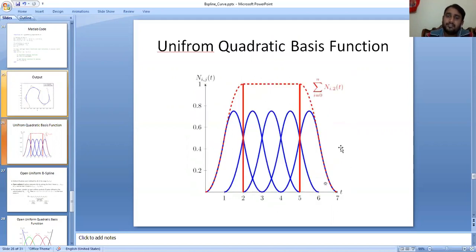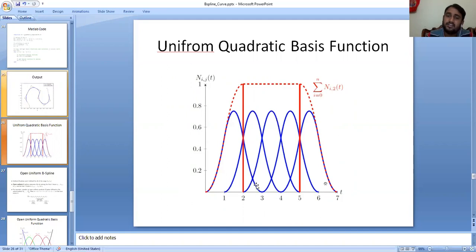Because when we draw the basis function, the uniform quadratic basis function, we get this scenario. When t is equal to 7 and Nij is varying from 0 to 1, t is varying from 0 to 1 here. So this is the uniform vector. You can see here that this is varying from only 2 to 5. All the three